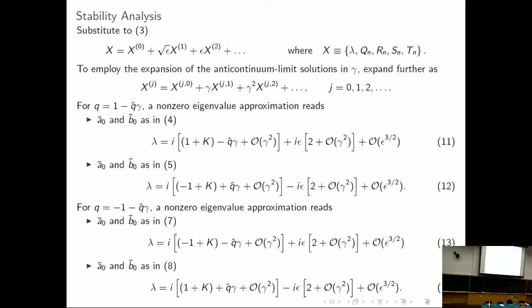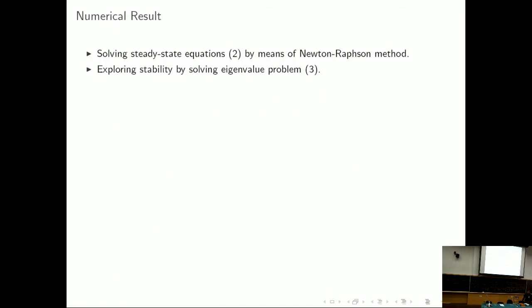And if you notice, all the eigenvalues are purely imaginary. So that indicates stability, because remember that the condition for stability is that the real part has to be non-positive. Now, of course, I don't include everything there. So this is just that case and that case. That case and that case we didn't include. At least the calculation doesn't really show, maybe because of the weakness of this perturbation method. But the numerical result shows that it is unstable. Okay, then let's go to the numerical results.